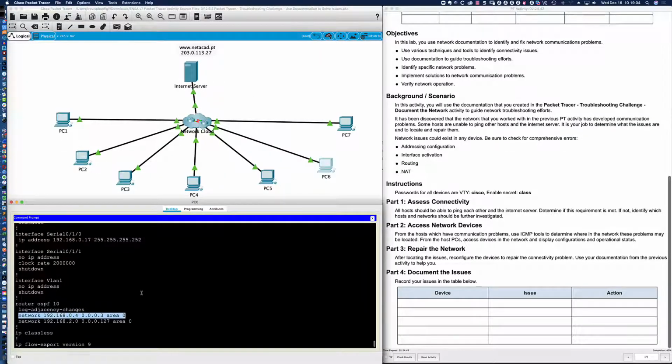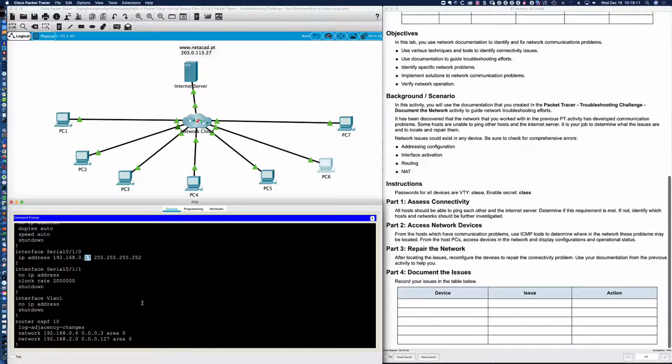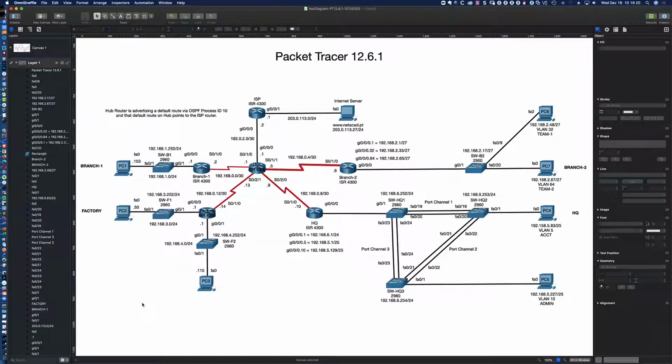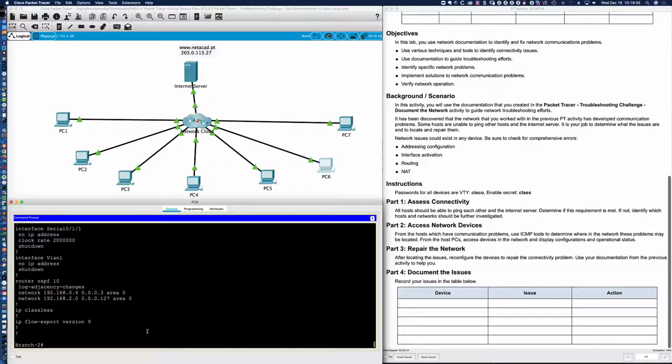But how is it configured now on that interface? Well, the IP address is incorrect. So there's two approaches that we can take here, and we're going to follow the one that makes the most sense. I could simply change the IP address on the serial 010 interface to what it should be, which is .6. The other alternative is I could leave it as .17 on the interface and change the network statement. However, let's take a look very quickly here at